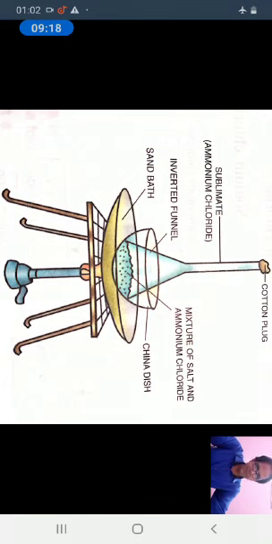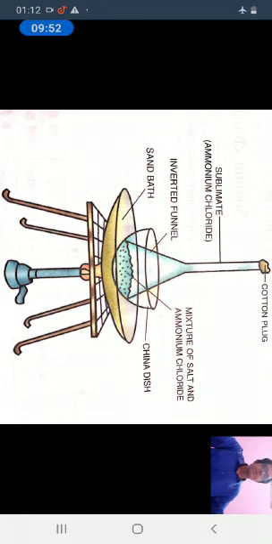Similarly, the mixture of iodine and sand can be separated by this method, in which iodine sublimes whereas sand does not. Some sublimable substances are iodine, ammonium chloride, camphor, naphthalene. These all are sublimable substances.